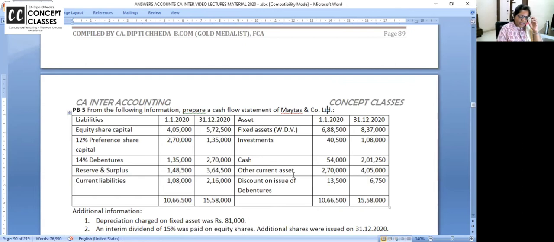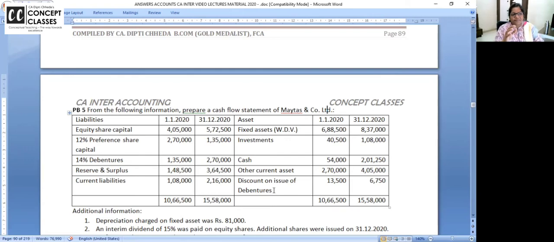See, this time they are giving other current assets. If they give you details, your stock, your debtors, your cash, you know how to take it. And this one is a superb adjustment. इसको 5 star खिलाई दो. ये adjustment में usually गलती होती है. My class test paper correction experience. Discount on issue of debentures. Okay. Now what is it? Discount on issue of the debentures. कितना है? 13,500 minus 6,750.